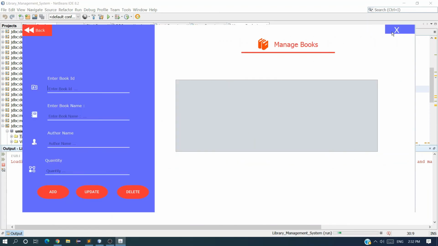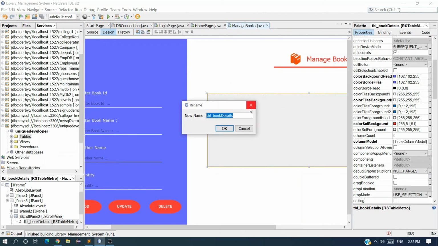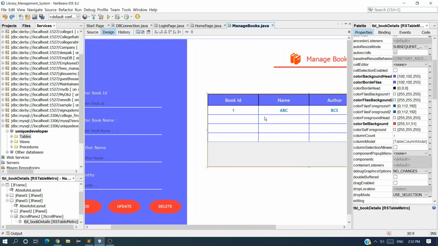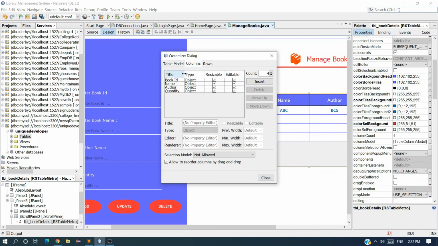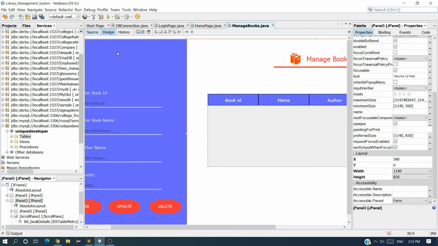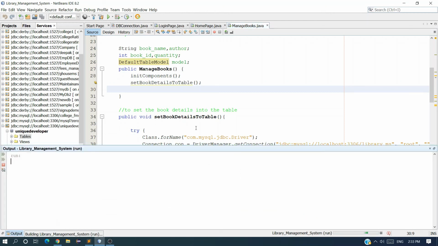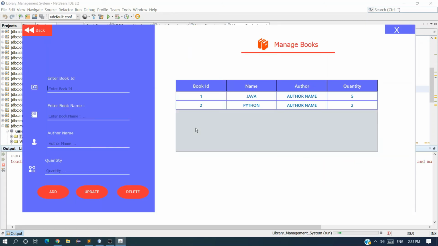This might be because we have to insert a one row. Let me insert at least. Okay, we have removed, I think we have removed the header also. Let me just control Z and table content. We don't have to remove the columns, and remember we have to remove the rows. I removed the column by mistake, so remove the rows, and now just run it. Now you can see we got our data.